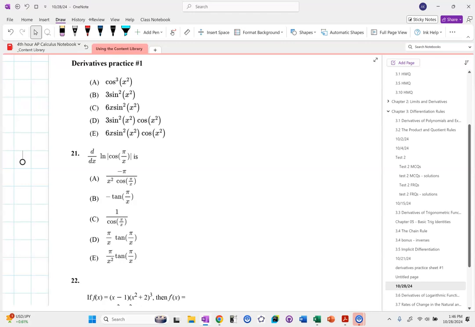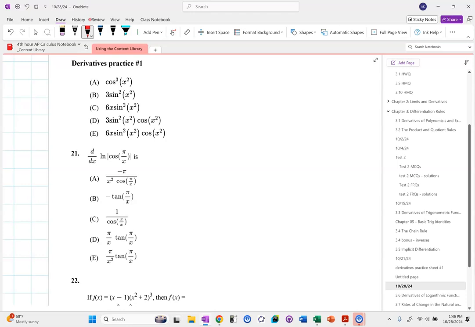So 0 is also a problem, but negatives are a problem. Can't do any log of a non-positive number. So that's really what that's there for, to just make sure you're not doing the derivative of something undefined. Make sure that it's a defined function. So I can largely just ignore that